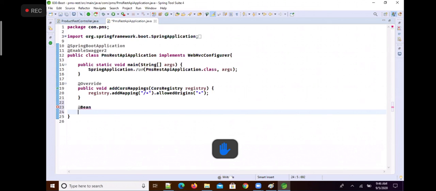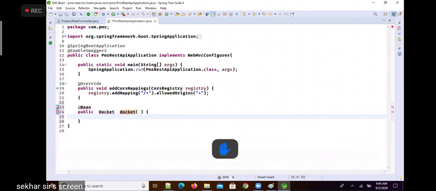So I would like to write like this now. Public, return type is Docket. Here you can write anything, say for example I am writing apiDocket as the method name. It should return a Docket object. Docket is a bean that Swagger uses to find information. So return